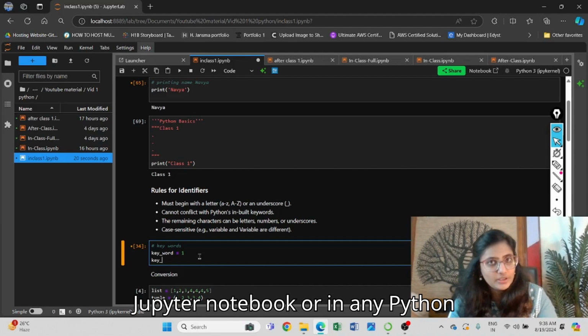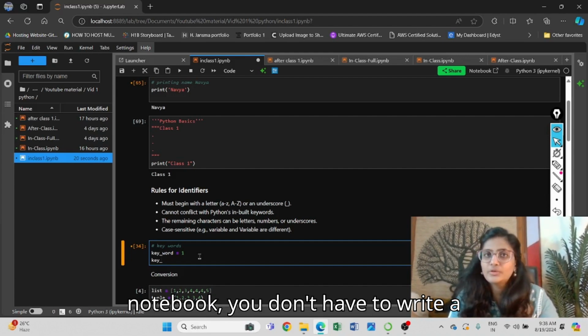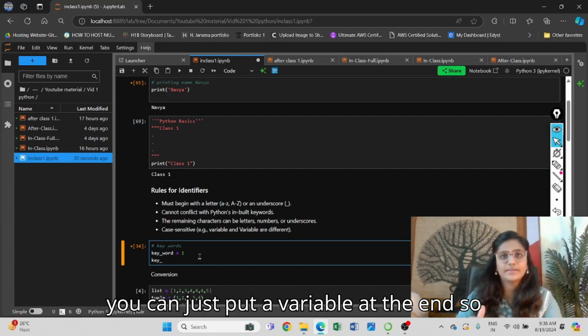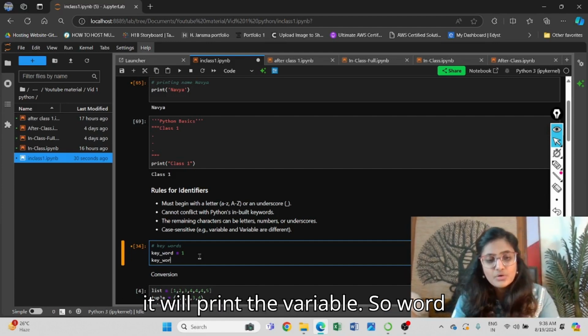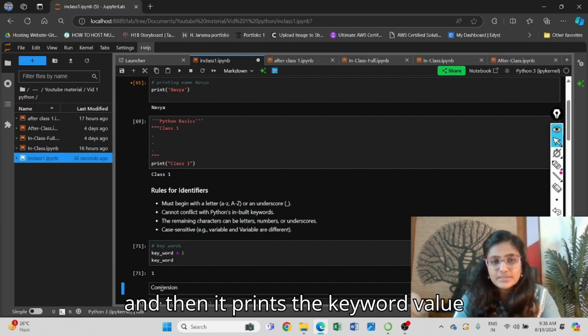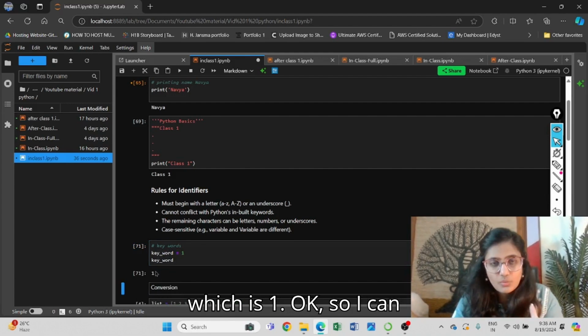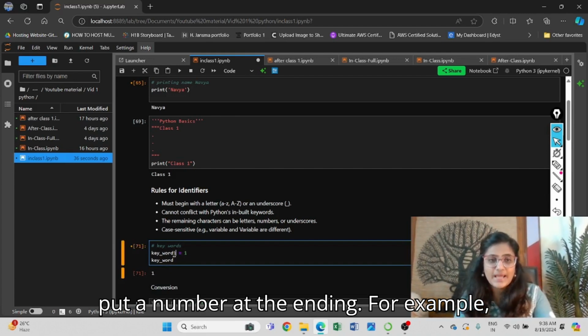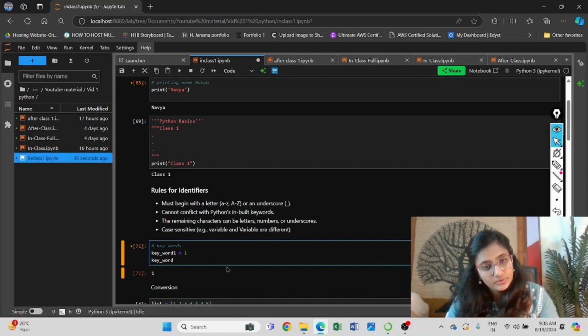In Jupyter notebook or in any Python notebook, you don't have to write a special print statement. Instead, you can just put a variable at the end, so it will print the variable. So keyword, and then it prints the keyword value which is 1. Okay, so I can put a number at the ending. For example, I can put keyword1. That also works,